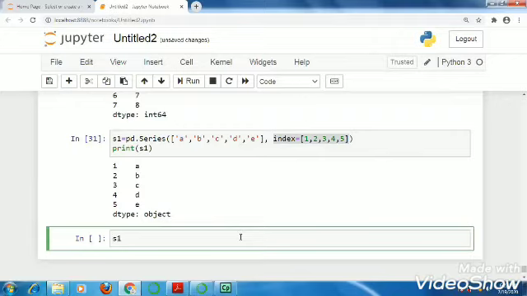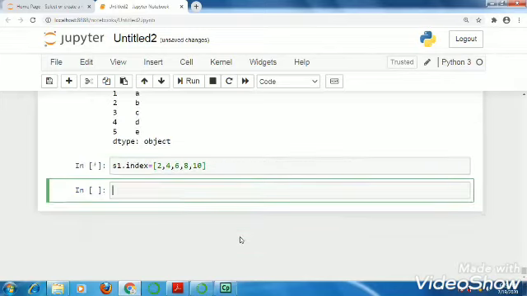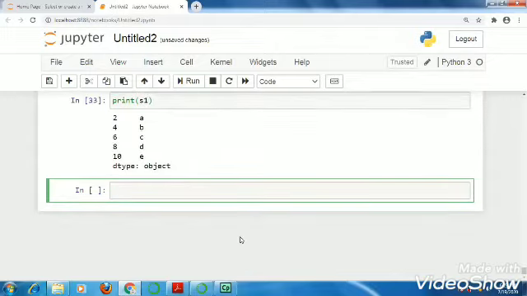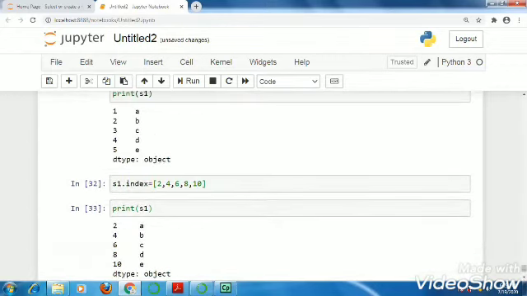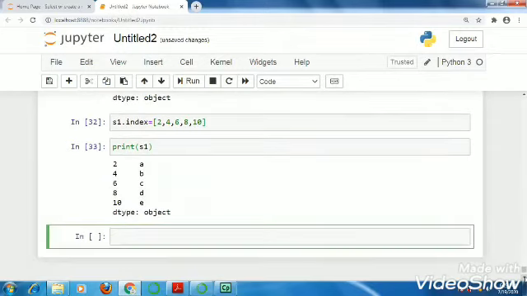Suppose I write s1.index equals, and I want to give the index as 2, 4, 6, 8, 10. Now to see the result, I write print. Now you can see the indexes are changed. So this is the way you can change the indexes after creation of the series.